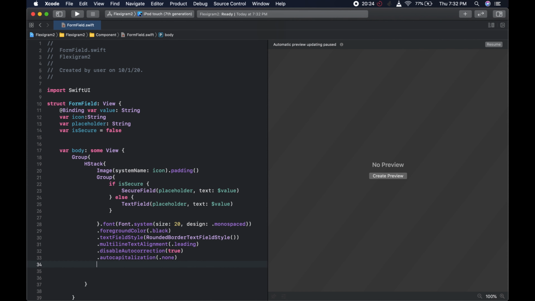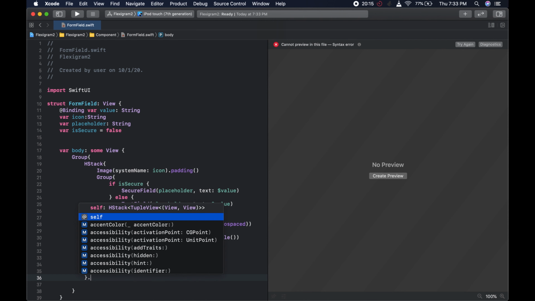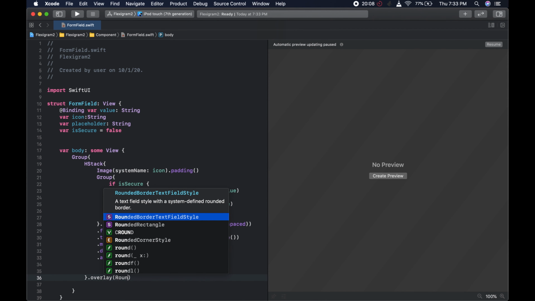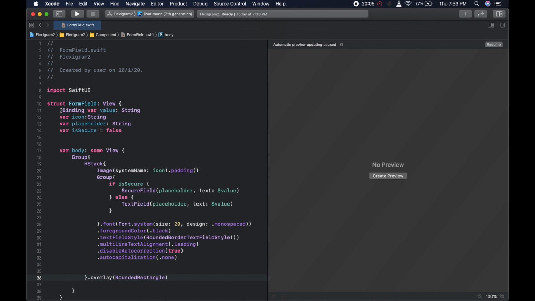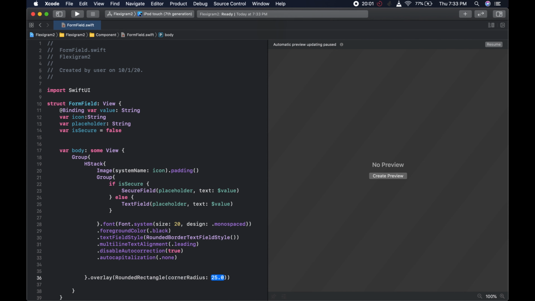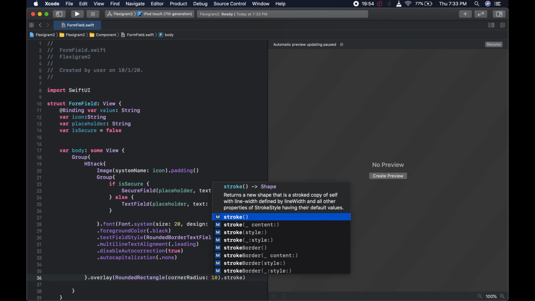And after that we could give it an overlay. So we could come here to the H stack and give this an overlay, and the overlay is going to be rounded rectangle, and you know rounded rectangle requires a corner radius, right? Corner radius, and the radius we want a modest radius, we could say 10, and we want it to be a stroke, right? Just an outline stroke,